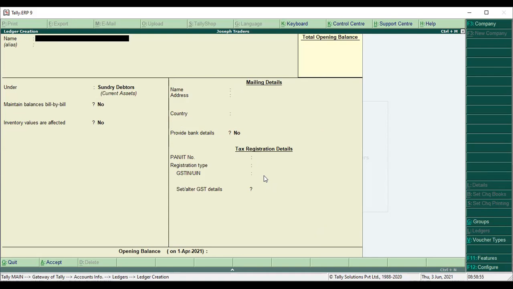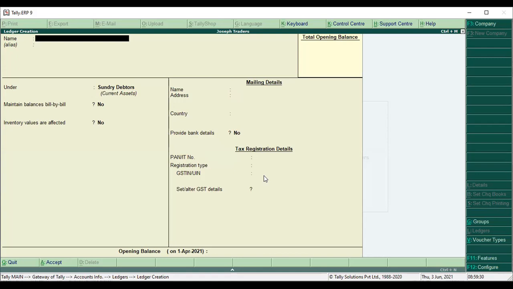Now we created purchase ledger, we have created party name. Any other ledgers you have to create? Joseph Traders, you are Joseph Traders.